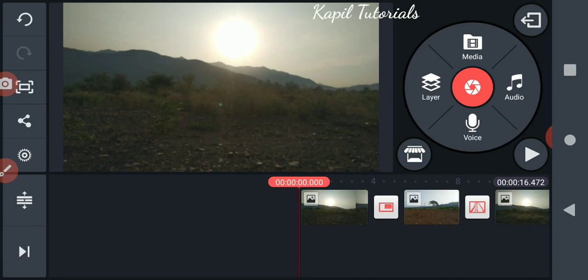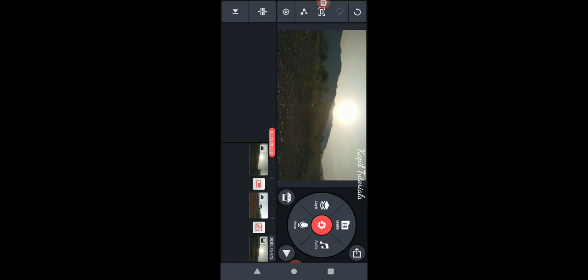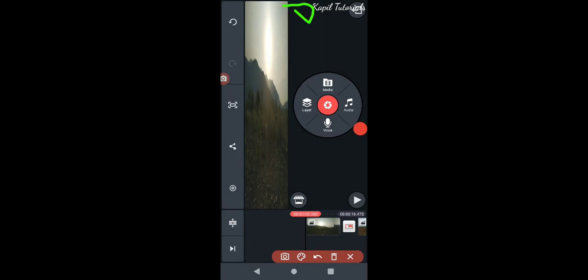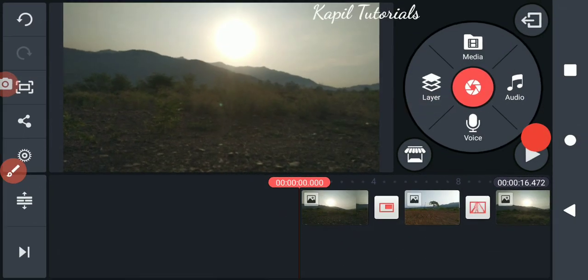If I want to export this movie, although it's very easy how to export, you could see here this option, where you could see the brush, along with the brush on the top, that is the sharing option.